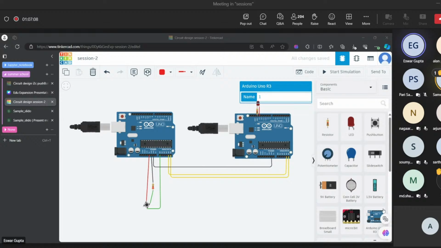And Samir, do you still have any doubt? If yes, unmute and speak, or else put the hand down. Sir, can't we do it in one Arduino board only? Yeah, now I am using two boards. One Arduino board is acting as master and the second one is acting as slave. Oh, yes, sir. Understood. Okay. Is it clarified? Yeah, fine. Got it. Yes, sir.